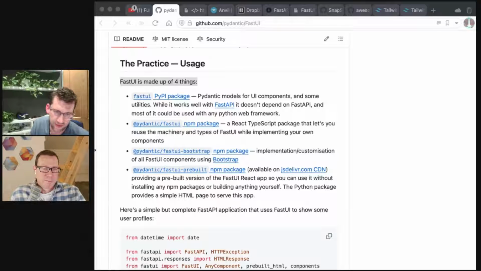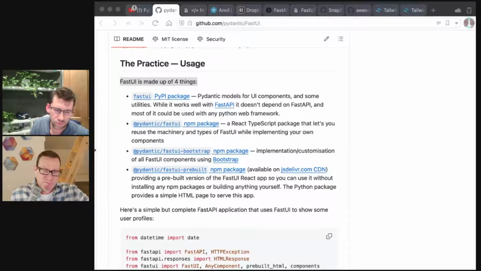Obviously I built the default back end in Python because that's what I know best and where I think Pydantic's really helpful. And I built the first front end in React and TypeScript because one, that's what I know, and two, it's what we're using within Pydantic. But lots of people have asked about HTMX. People have also asked about Svelte and others. I wouldn't see the point in building FastUI in Vue because I don't think it adds much. It's just a lot of work. But I think there's a world where we build an HTMX template-rendered version of FastUI's front end that could be super valuable. That's interesting.